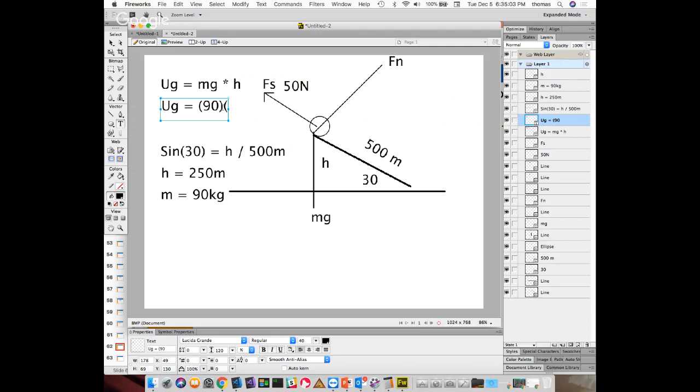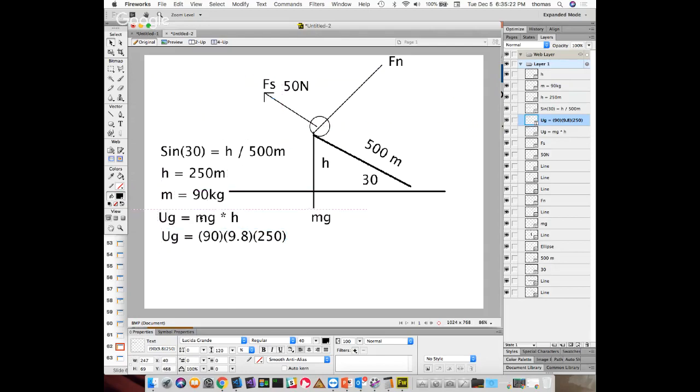90 times gravity, 9.8, times 250. I'll move that down so everyone can see it nicely. That's what this is. That's what UG is. And if you solve for UG, actually maybe I'll put it down here so we can have more room. That's a great thing about having one of these digital things here. Move around. And if we solve for UG,